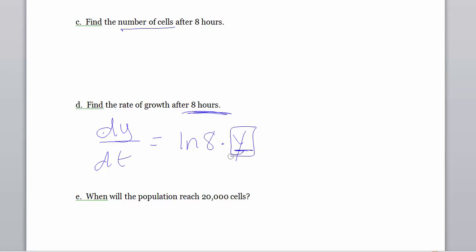I have to plug in how many there were after 8 hours, which is the answer to C. So my rate of growth after 8 hours would be the natural log of 8 times the y value of 8. This is really y of 8 that's going there, which is the answer from C. So I would have the natural log of 8 times the answer from C, which I think is, I just did